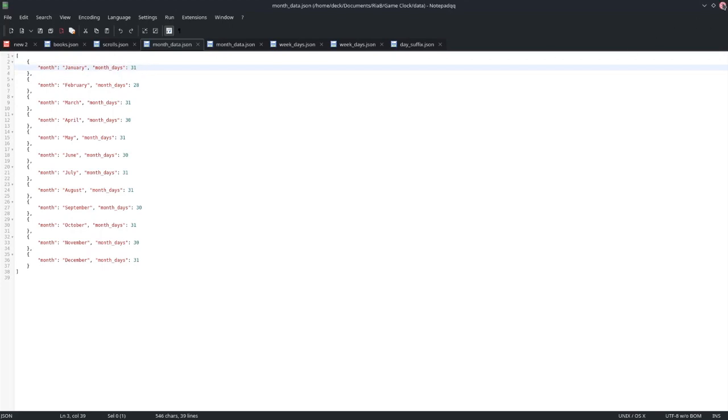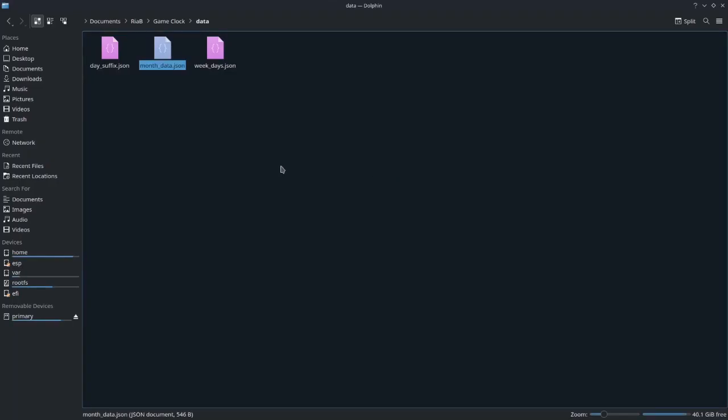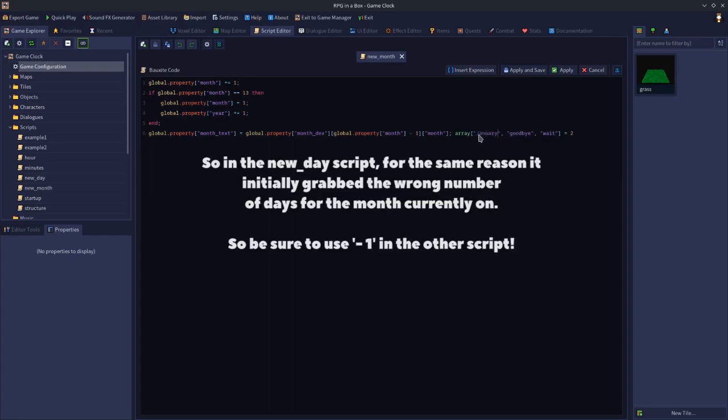So that's why in our code, if it is January, i.e. if this number is 1, we're deducting 1 from it when we grab from the array. So this becomes 0. So it grabs the first thing in the array, which is January. So it grabs the right month. If we didn't do this, because this equals 1, it's actually going to grab February, because February then is the second thing in the array, i.e. 1. Again, going back to the example here, if this was January and this was February,